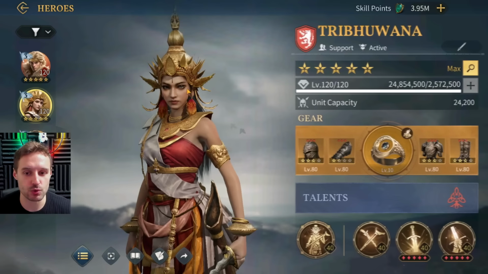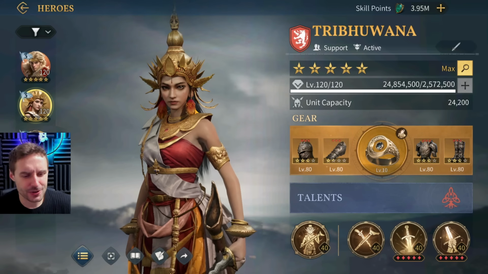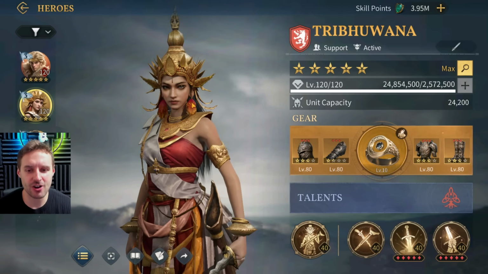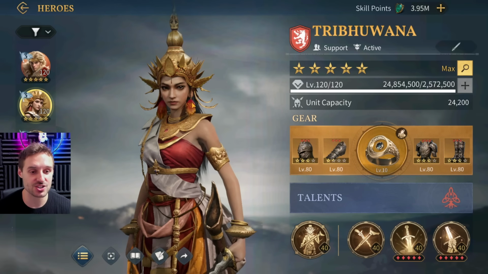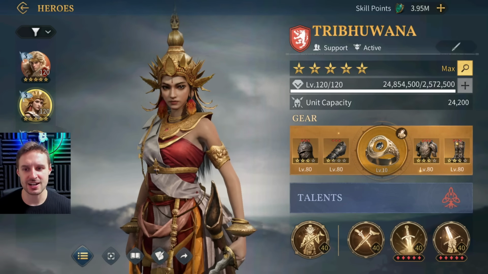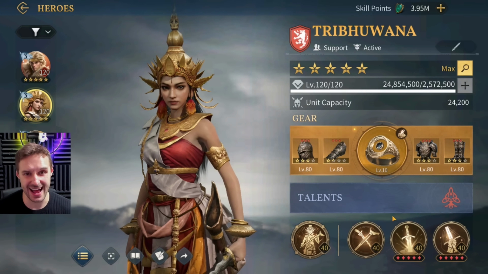I think Tribuana would be a really difficult one for most people who aren't too familiar with the game. Wondering what the hell gems do I put into her? Because some heroes are not that plain and simple, like I showed you so far. This one is kind of a wild card. You've got to just play balanced, and focus on what skills you actually have and where you're going to get